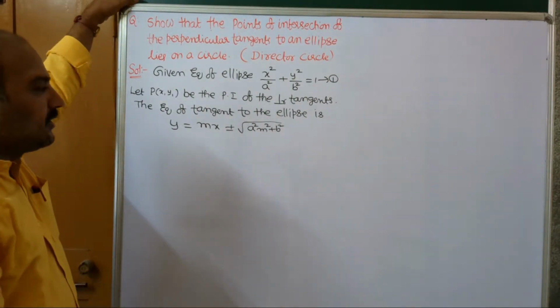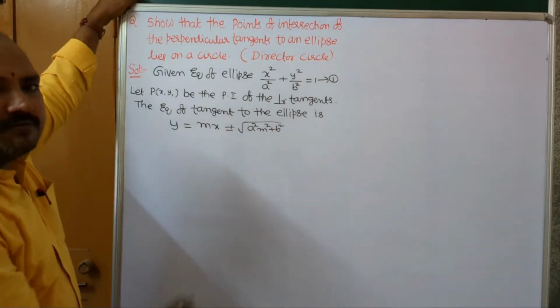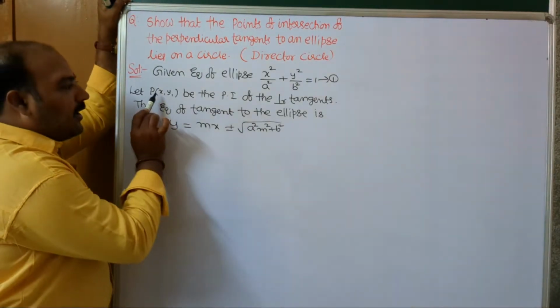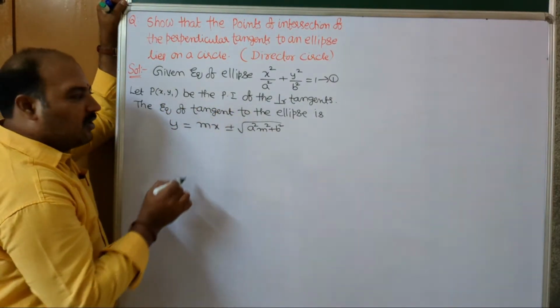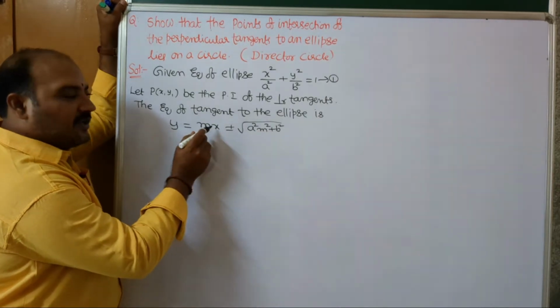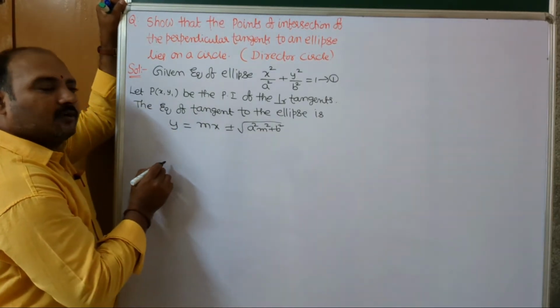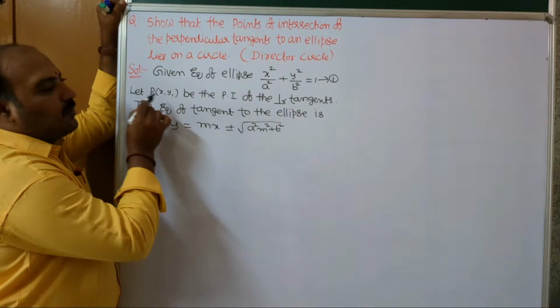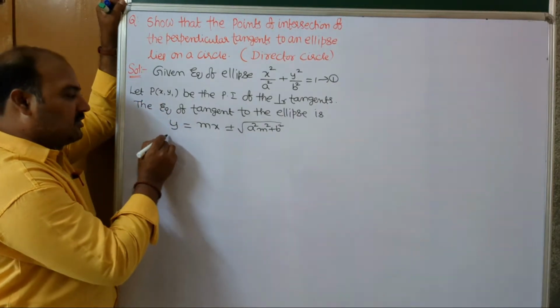Equation of tangent with slope m we wrote. But the point of intersection is x1 y1, so in place of x, y we write x1 y1. This equation passing through P of x1 y1, so it comes